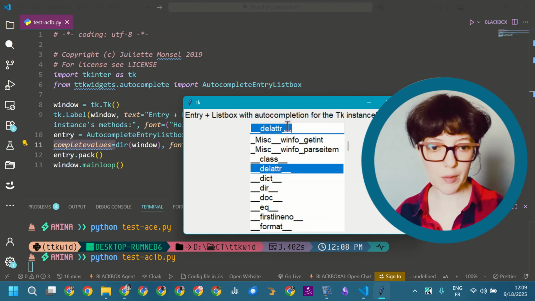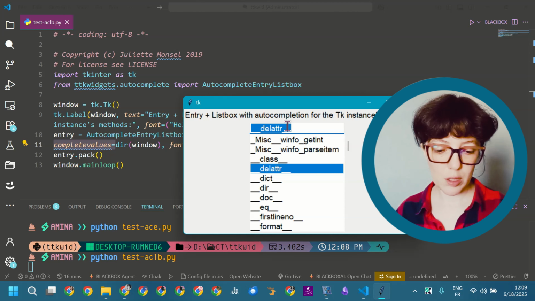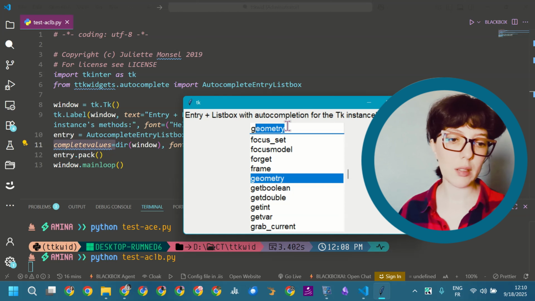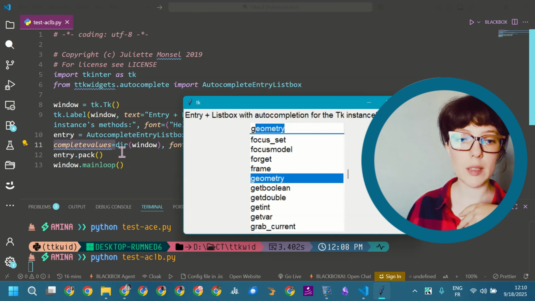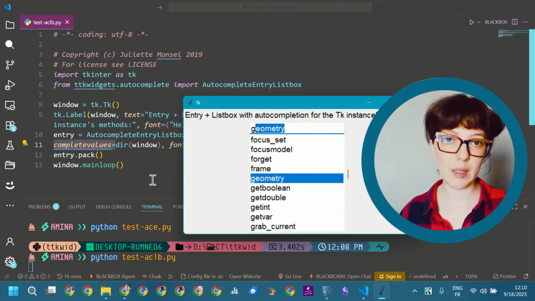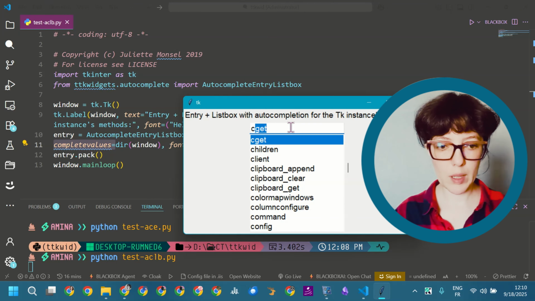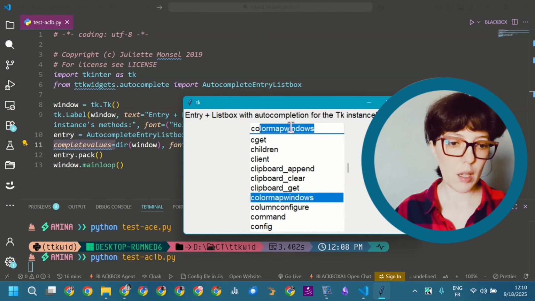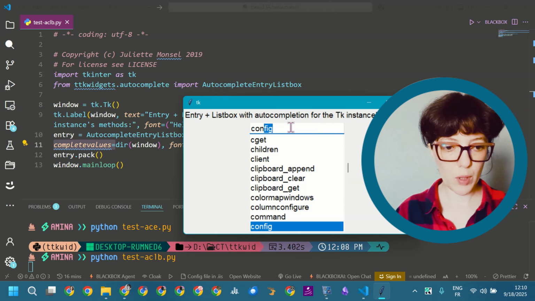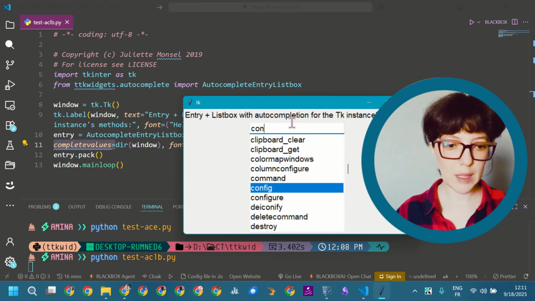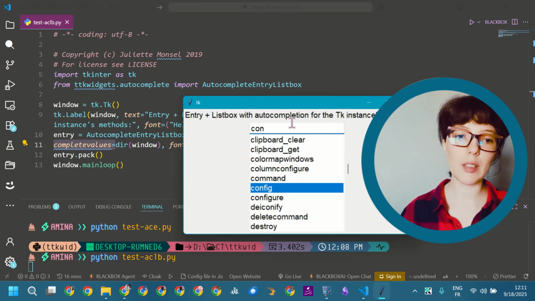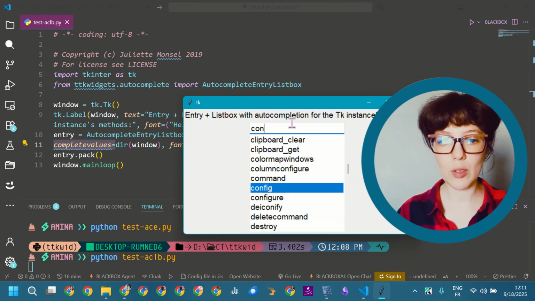For example, if I write G for geometry, it's automatically completed to geometry because it's part of the attributes of the window retrieved using the call of dir. So now I'm going to write, and my word gets autocompleted using the values from this list. Now if I write something else that is not in the list, we can see that it's not completed, and